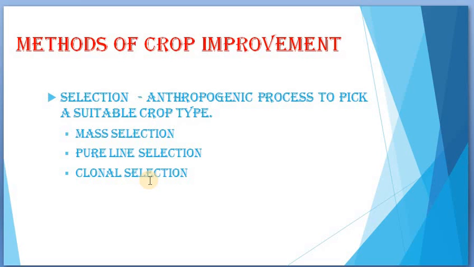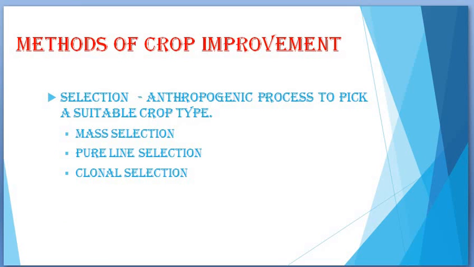So in these cases, one parent plant is producing a very good yield. Like in sugarcane, if one plant is producing too much sugary stem, then we can cut the remaining stem and grow that into a patch. So that is clonal selection. One parent plant is selected, and it is developed into one race, or one huge selection. We are doing that based on that one single parent organism. So clonal selection is generally done with plants which undergo vegetative propagation, right? So this is the kind of selection.